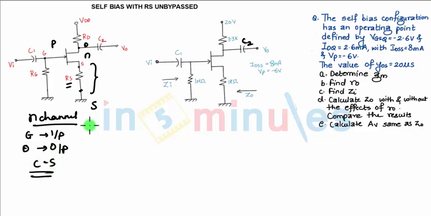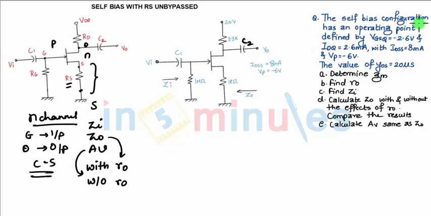Now the question is to find the input impedance, output impedance, and AV, once with the output resistance and once without the output resistance. That is ZO once with RO, once without RO, and the voltage gain once with RO and without considering the output resistance. Now if a problem comes based on this, it will be of this type: self-bias configuration,